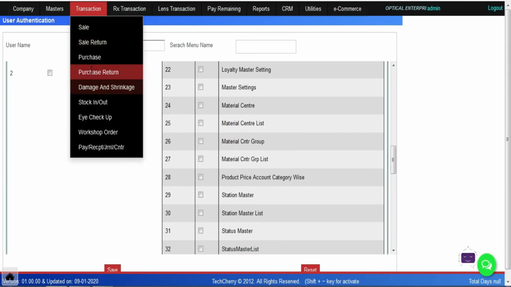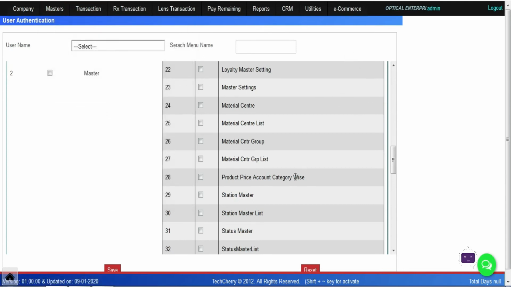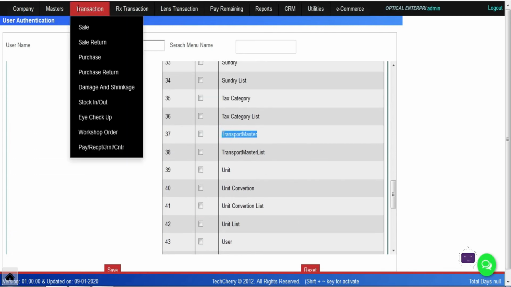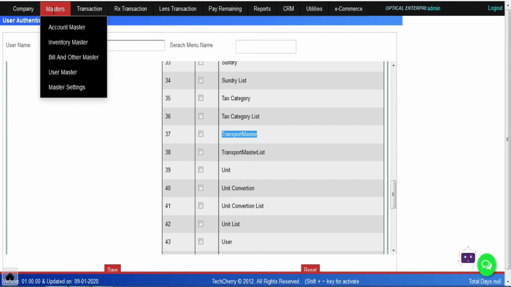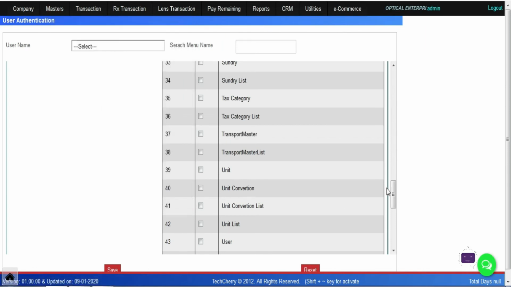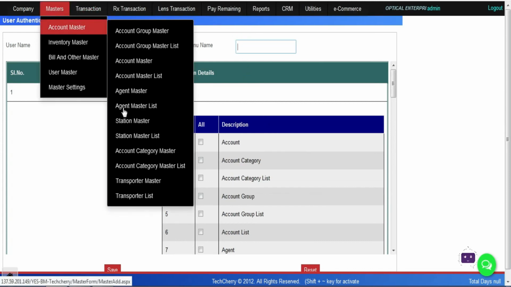Once you click the master, under the show detail this will come alphabetically. Let's say you want to check transport master under master, so come on T, and the transport master will come. But the menu is 100%, where you will get the page name or menu name under the module name only. And one more thing, if you are unable to search those options, just check the menu like station master, and here we have the search option, where you can enter the name like transport master, same as the menu name.